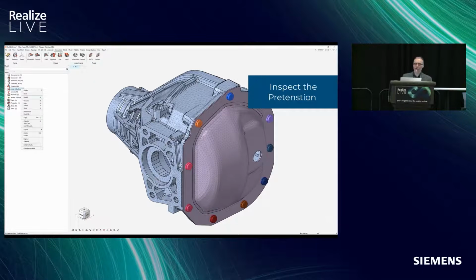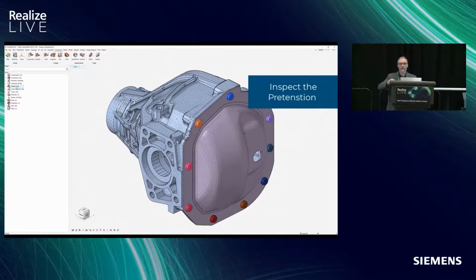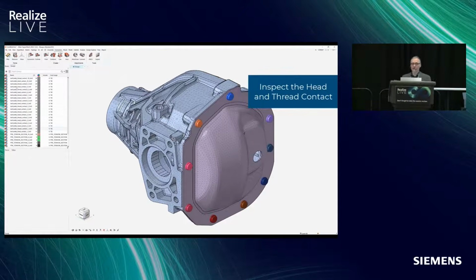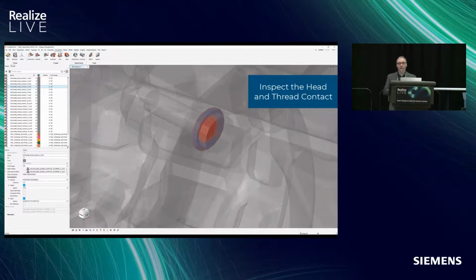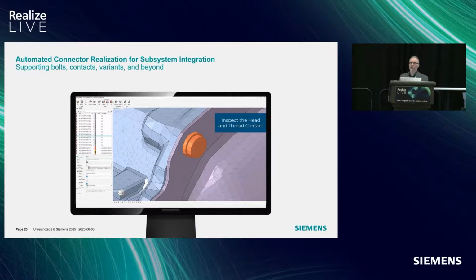But it not only did that, because we told it to do more. So in this case, it created a pretensioner because there's a pressure clamping those things together. So it creates the pretensioning force. Also, because this is now a solid bolt, there's contacts there. So we also told it to go ahead and generate the contacts between the head of the bolt and the cover, and also the contacts for the threads of the bolt and the casing. So our connector generates not just the connection, but everything it needs for the particular case to be realized.